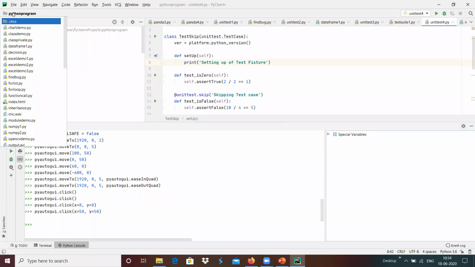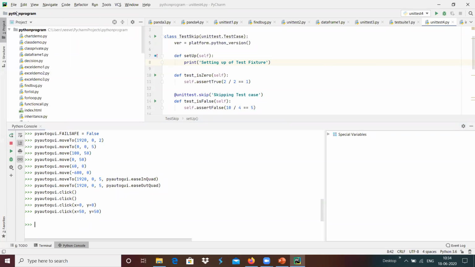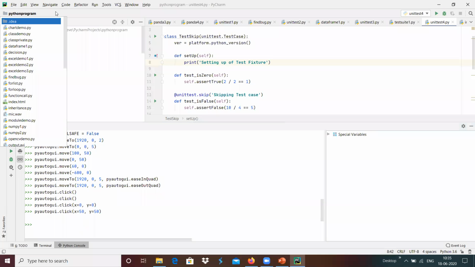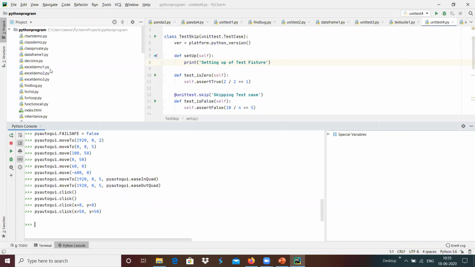Yeah, 50 cross 50 comes here, and it generates a mouse event over here. Maybe I'm going to use 10 cross 10, and maybe this is 10 cross 20, maybe 10 cross 40, like that.